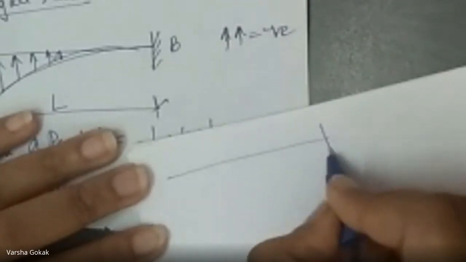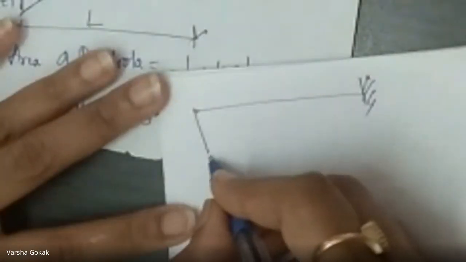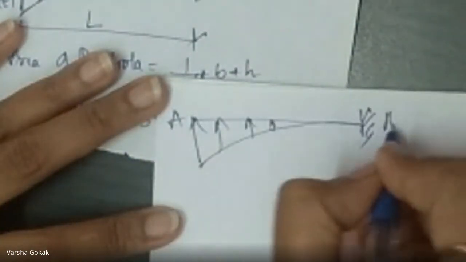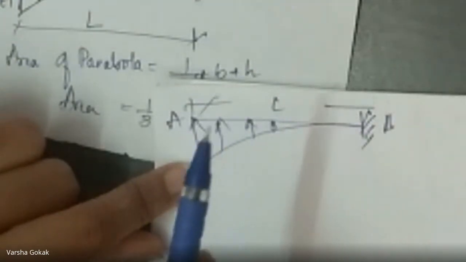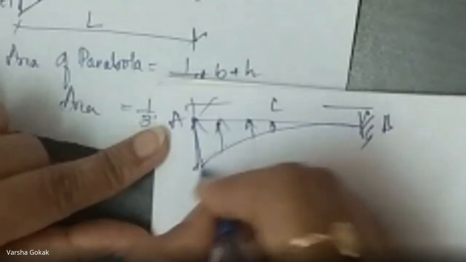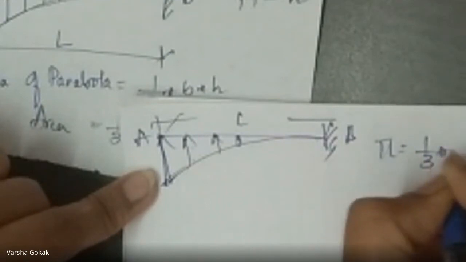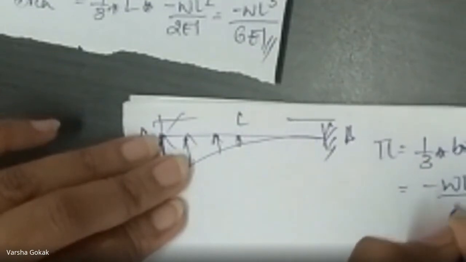Now I'll draw the conjugate beam once again here, because I need to explain something. This is how your conjugate beam is, with the load upward. This is A and this is B, and this is L. Now this is something like your UVL, uniformly varying load, and for a uniformly distributed load, the total load is directly W into L. Whenever it is a uniformly varying load, you take the area of it. That is why when it is a triangle, you take half base into height. If it is a parabola, you take the total load to be 1/3 base into height, and the solution we have got is minus WL cube by 6EI.